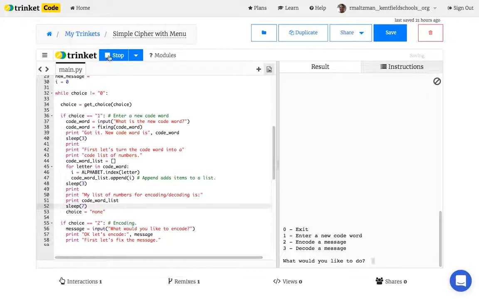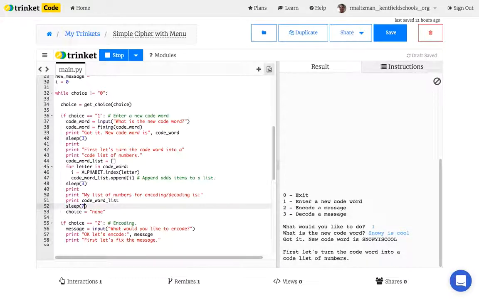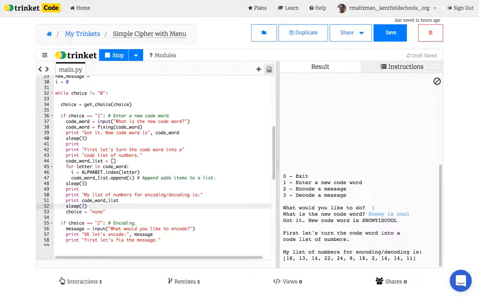All right, let's try it again. All right, enter a new code word. What is the new code word? It is snowy is cool. Okay, new code word is snowy is cool. First, let's turn the code word into a code list of numbers. My list of numbers for encoding decoding is